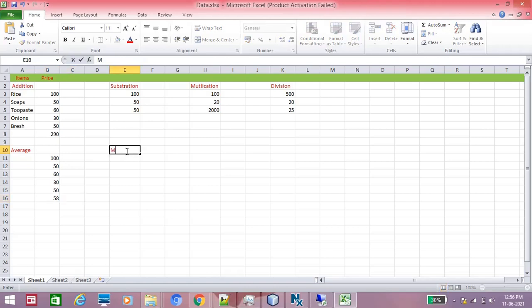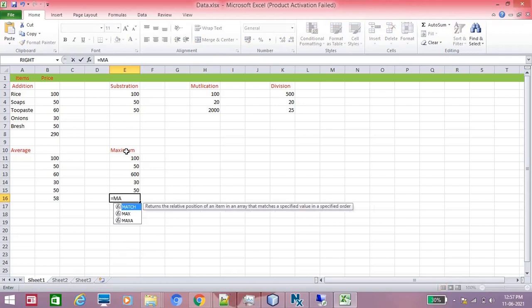So next, maximum. How can we find the maximum? For that we can use the same values like 100, 50, otherwise we are giving 600, 30, 50. So here for maximum, we can give equal to MAX.